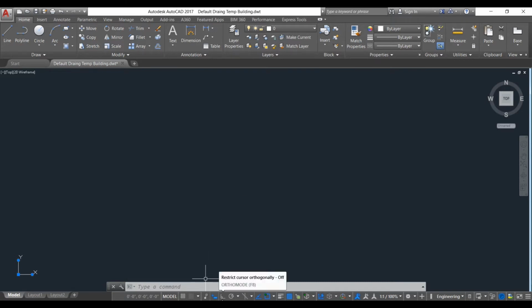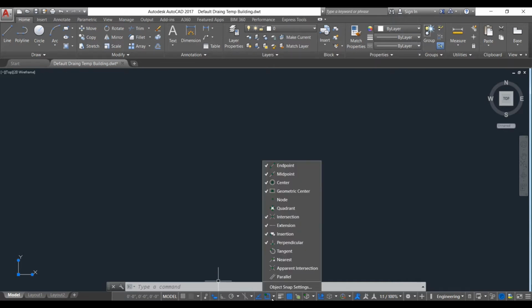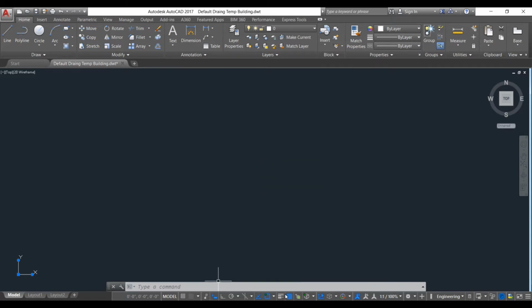You can turn it on by F8 or you can click here. Now this is your snapping reference, so make sure these things are turned on, like endpoint, midpoint. These are reference points which AutoCAD will automatically show us when we draw. So make sure these points are turned on.